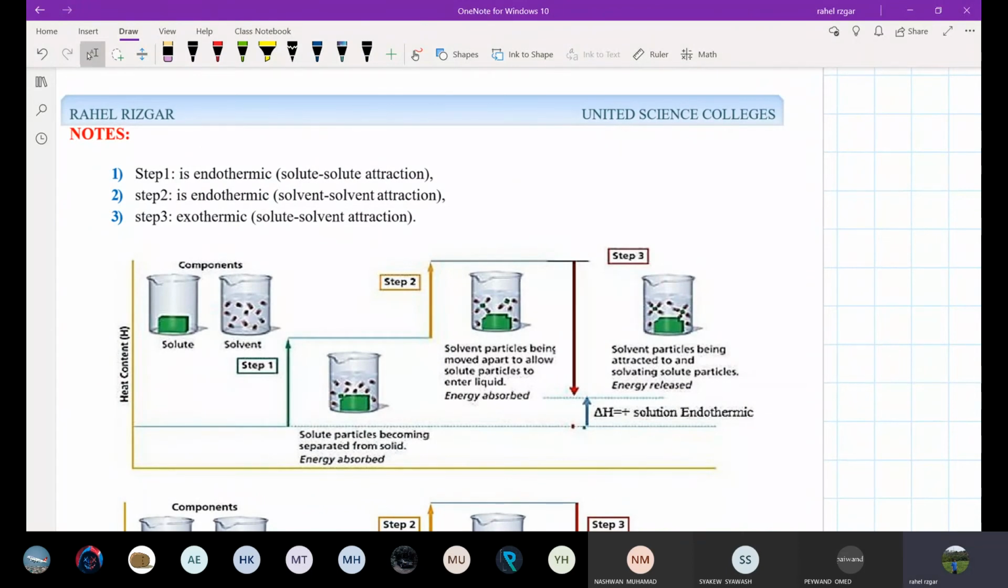Imagine you are dissolving a solid here into the solvent. Imagine it like this. You want to mix, this is like you are preparing to